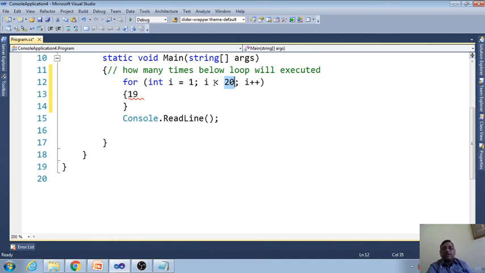The value will not be less than 20, so the loop will exit. And if here it is 0, then this loop will be executed 20 times. So this is how the loop executes. To identify how many times the loop is going to execute, we can easily identify from the initial value and from the condition.